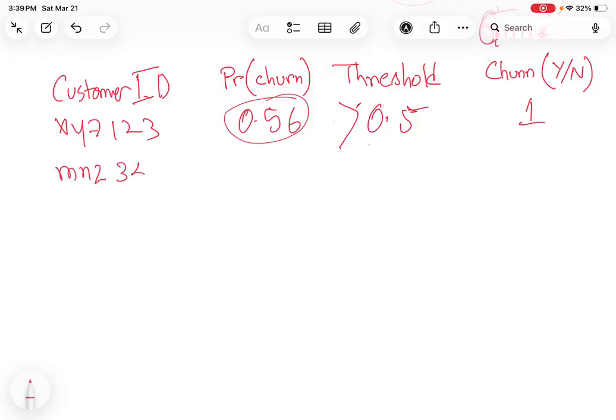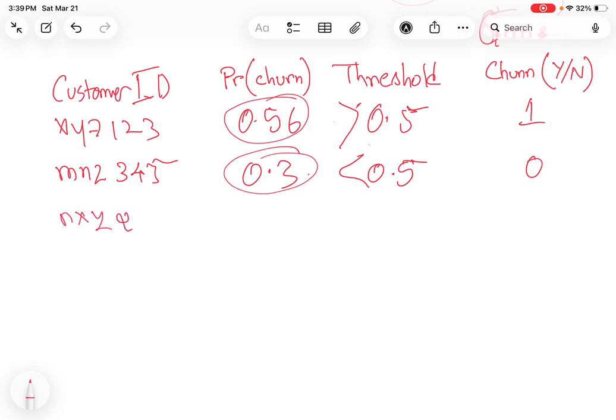Image 3 5 6, another one is 3, even threshold value is here. So 0.3 is basically less than 0.5, so this will be 0. Same thing about HZ alpha beta 3, and then if it is 0.35, which is less than 0.5, this will be 0